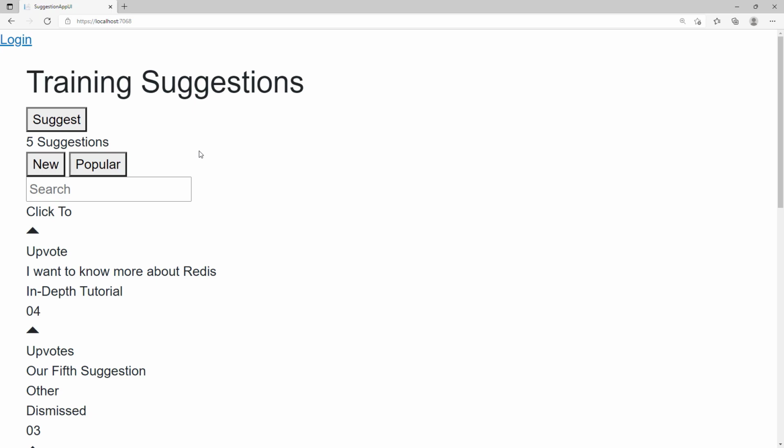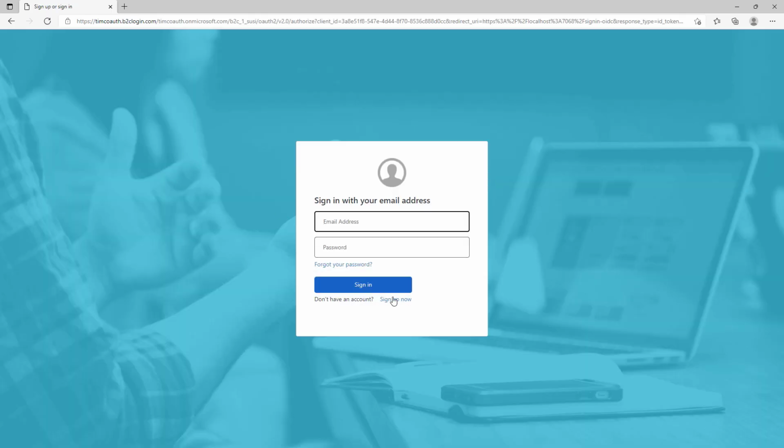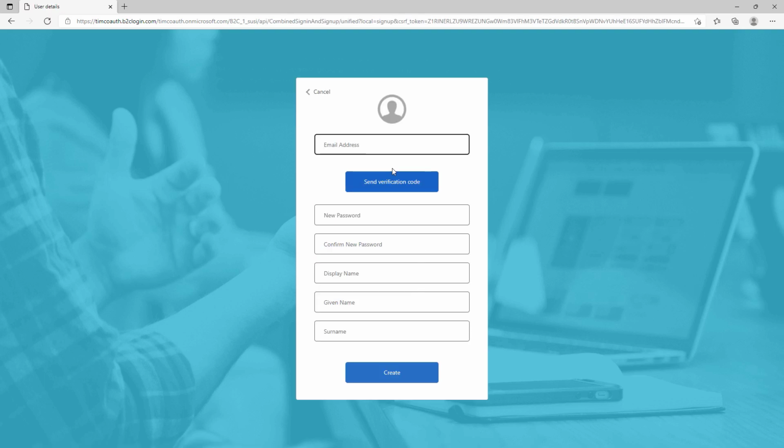Next up, what we'll do is actually register an account. Now let's actually go through the process of registering an account. So you'll log in and we say sign up now, and I will create an account. Now I'm going to use